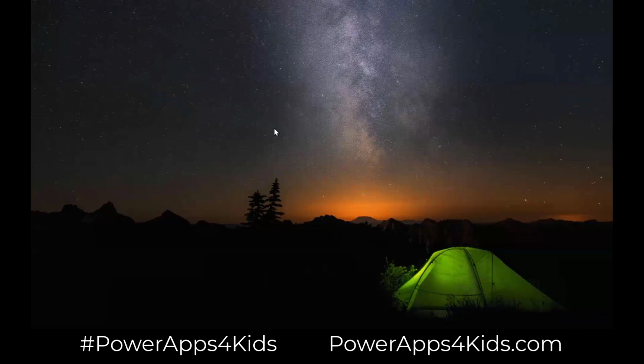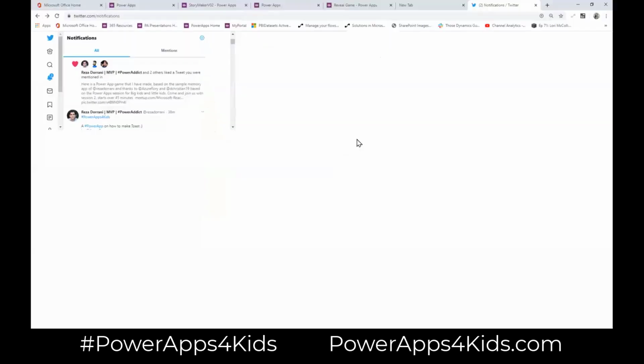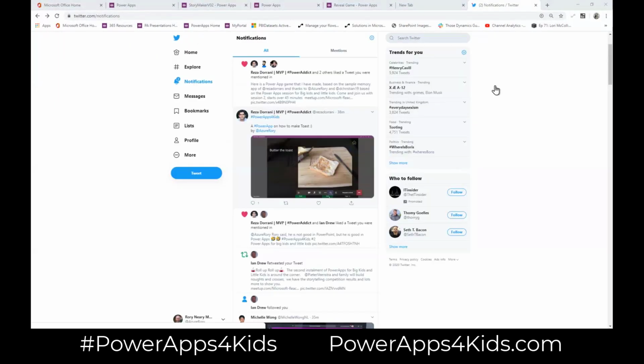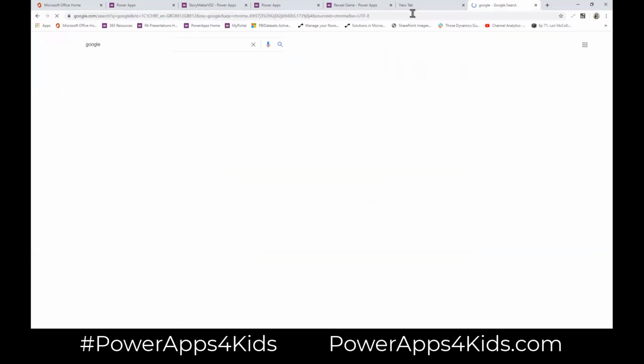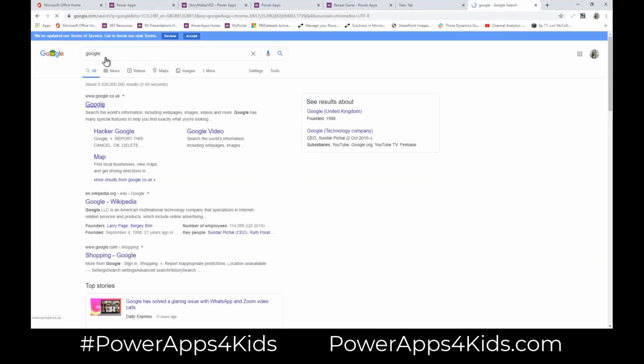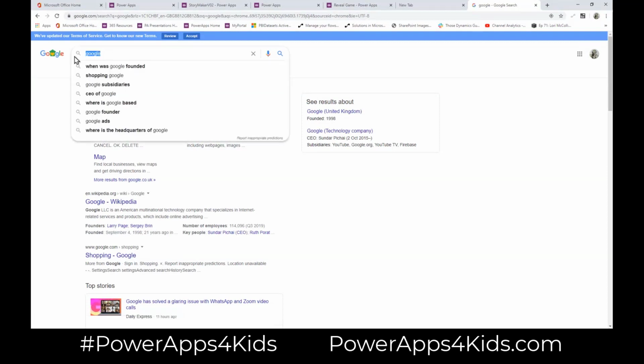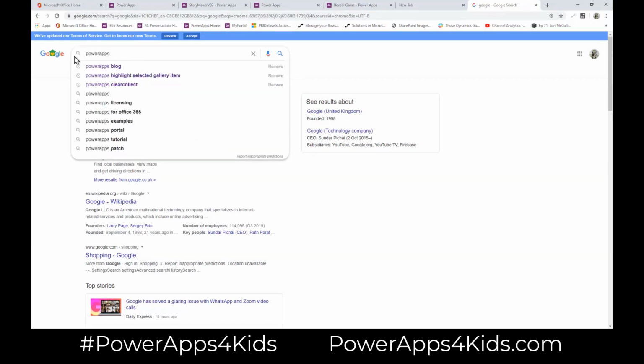Everything's working very hard at the moment, so I'm just going to stop that now. I'm just going to show people how you go and get that wonderful game from the boys. I'm on Twitter at the moment because I've been checking out what's going on. If I go onto Google and type in PowerApps for kids,